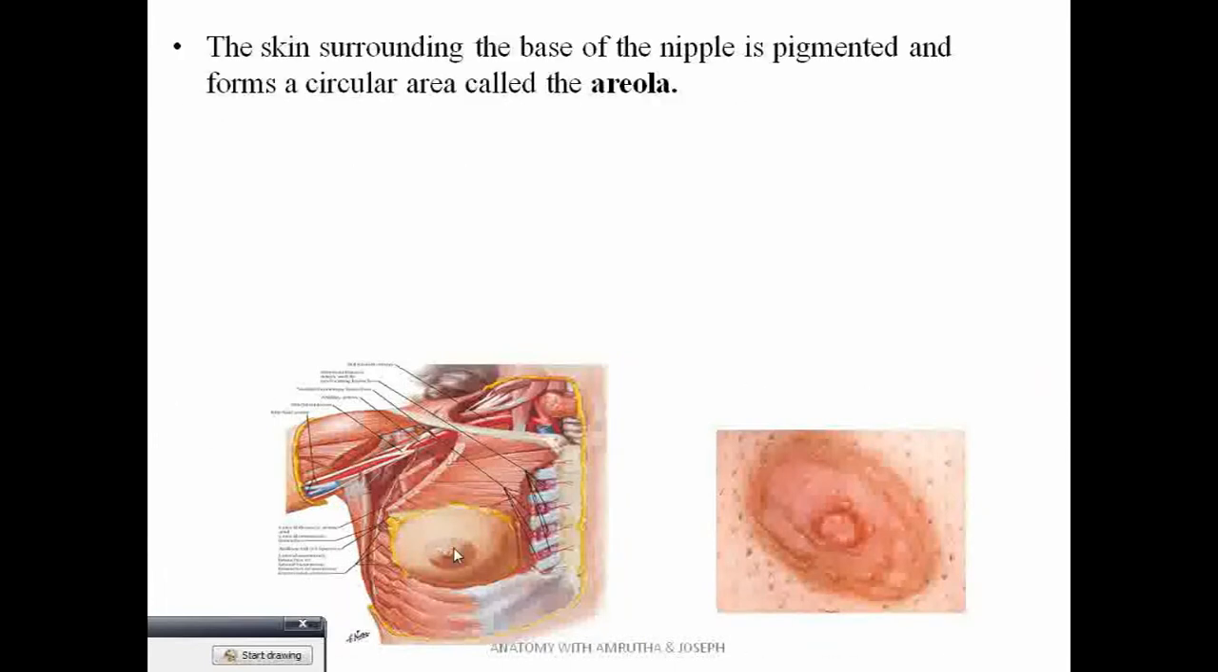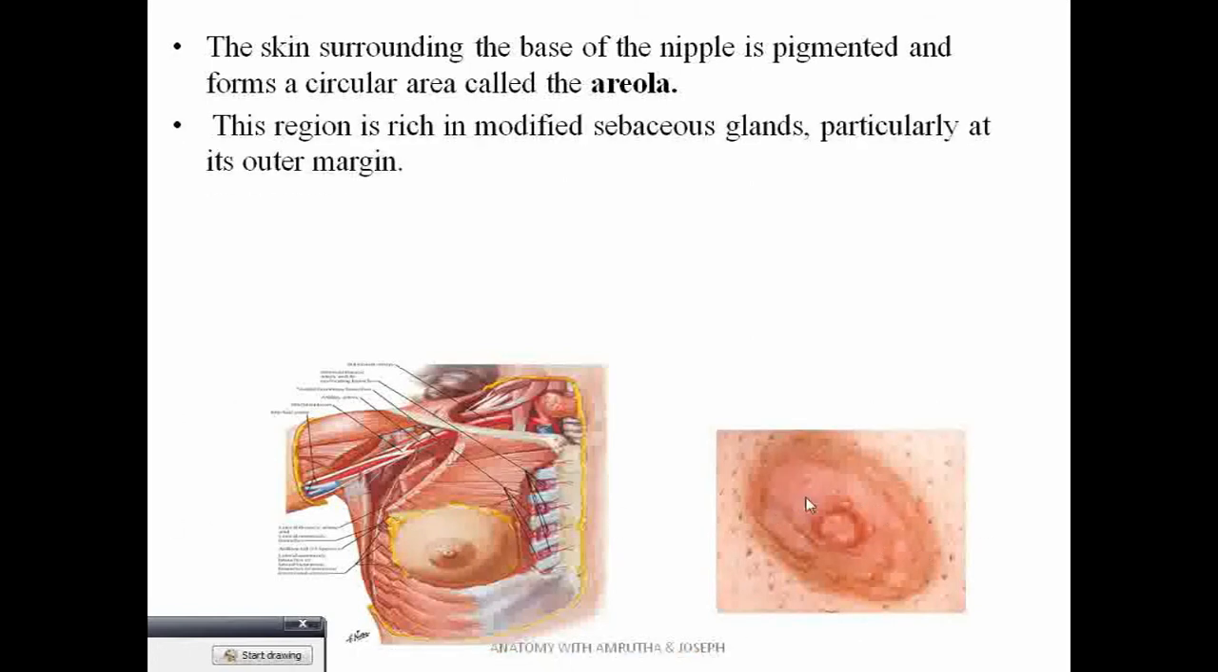Now skin surrounding the base of the nipple is pigmented and forms a circular area called areola. So nipple and the areola. This region is rich in modified sebaceous glands, particularly at its outer margin. So this area has a lot of sebaceous glands opening. It's seen particularly on the margins, outer margin,